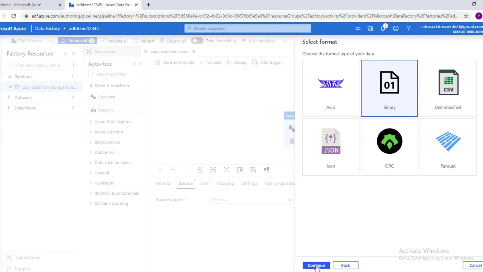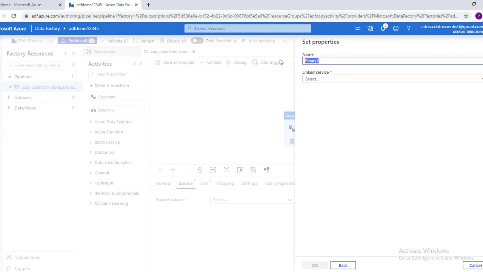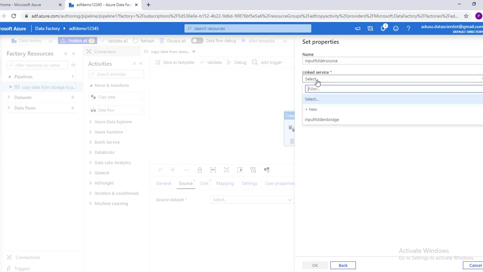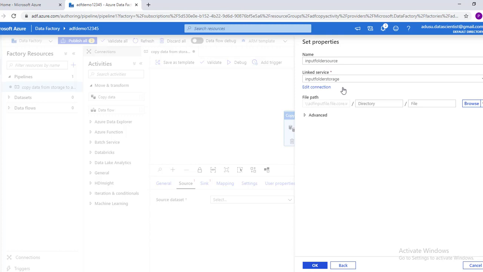Because we need to copy the entire folder, we select binary here. Continue. We'll give input folder, source, folder storage. This is the path. That's it. Click on OK.